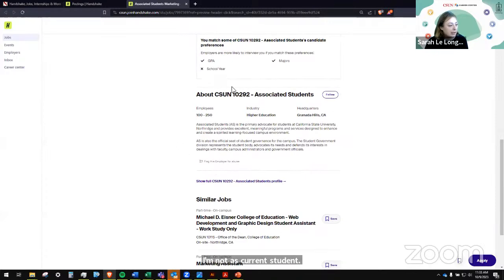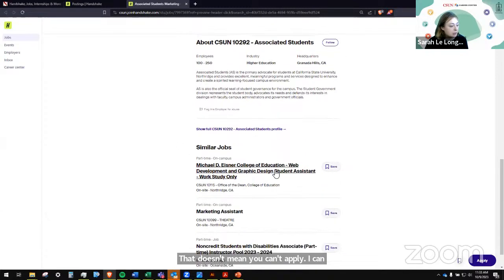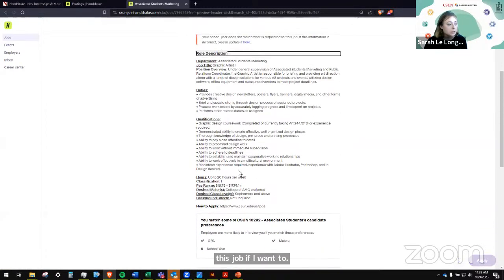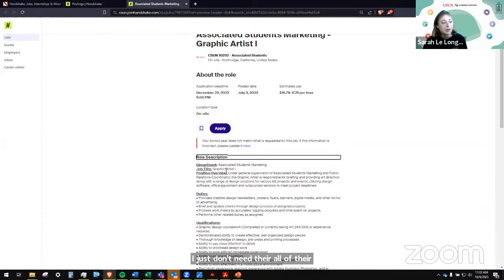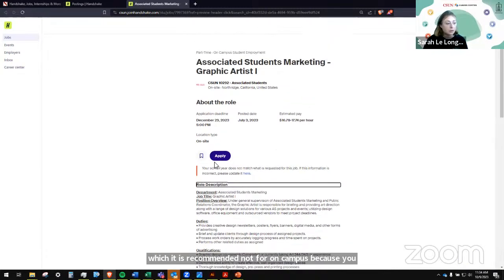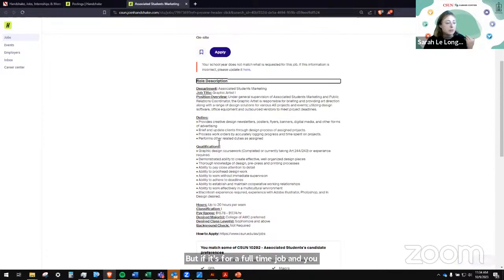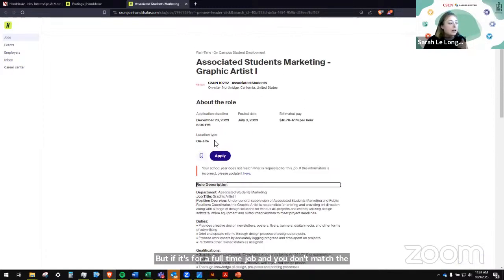That doesn't mean you can't apply. I can still apply to this job if I want to. I just don't meet all of their qualifications, which it is recommended, not for on campus because you literally have to be a student, but if it's for a full-time job and you don't match the major or something, you should still apply, because maybe your work experience makes up for your education background,